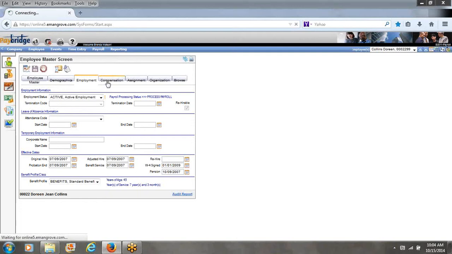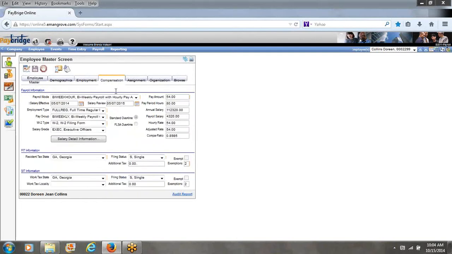And within the compensation, you will see if the person is weekly, biweekly, monthly, how they're paid, their salary effective dates, salary review dates, what type of employee they are: full-time, part-time, 1099. We do pay quite a few 1099 employees. Their salary grade, their pay amounts, hours worked, annual salary, payroll salary, hourly rate, and adjusted rate and a compa